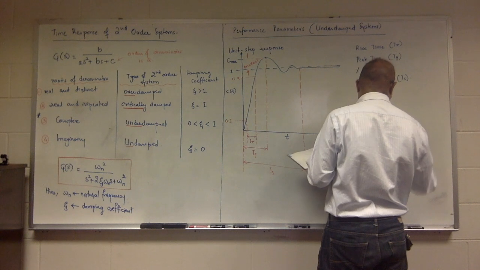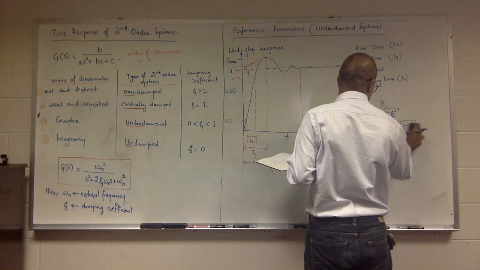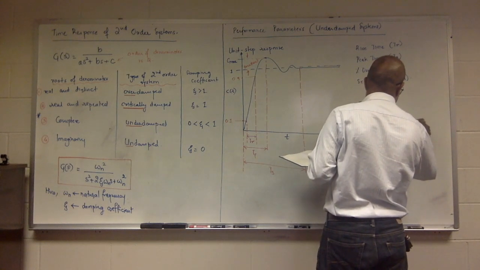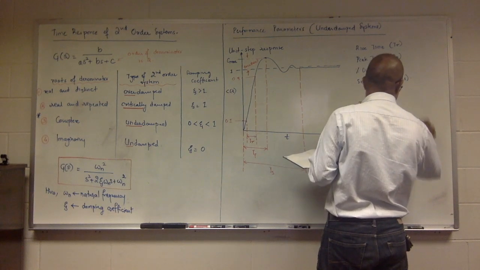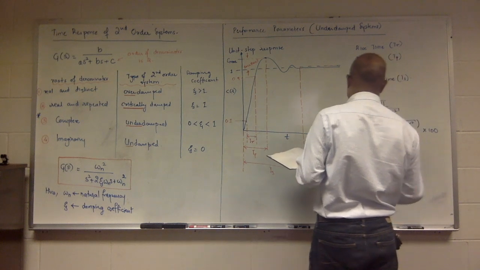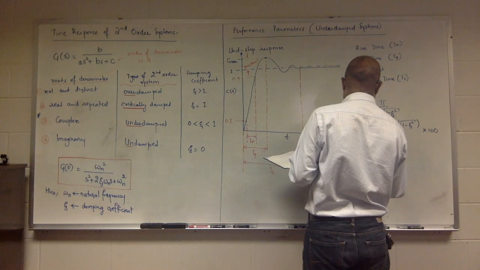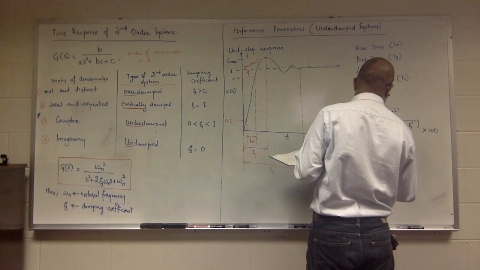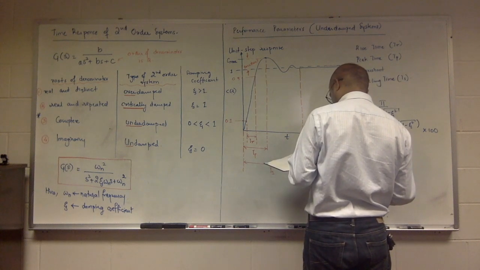Okay. This whole thing multiplied by 100. Ts is 4 over zeta omega n, and Tr